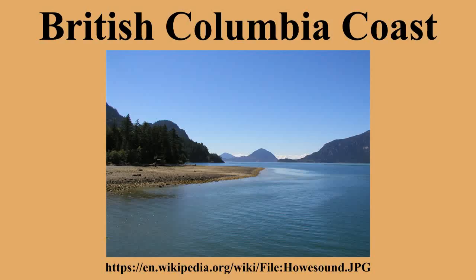sizes, including Vancouver Island and Haida Gwaii, the total length of the British Columbia coast is over 25,725 kilometers, making up about 10% of the Canadian coastline at 243,042 kilometers. The coastline's geography, which is shared with southeast Alaska and adjoining parts of northwest Washington, is most comparable